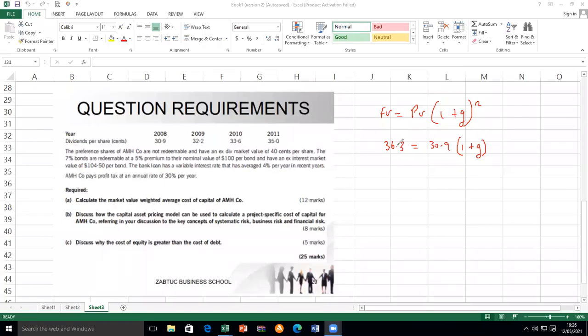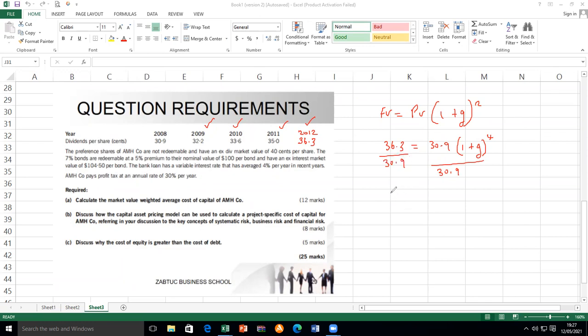Now, this 30.63 was a 2012 figure. So remember, we updated this. The question says that in 2012 we had 36.3. So the growth took place 1, 2, 3, 4 times, and that is why we are saying to the power 4. So this grew 4 times to reach there. So what do we do? We come here and there we also